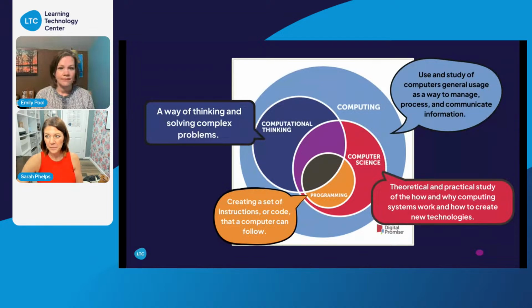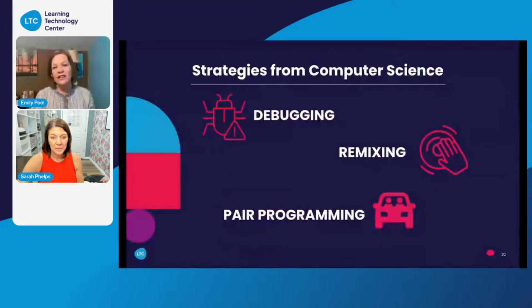Yeah, and I love how you pointed out, Sarah, that with programming, everybody always thinks, oh, I don't know how to code, I don't know computer science, but it's more than just that small piece. All right, so we're going to go ahead and share some of the strategies that are